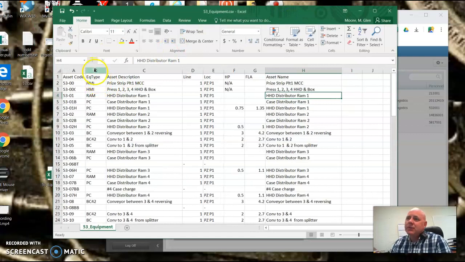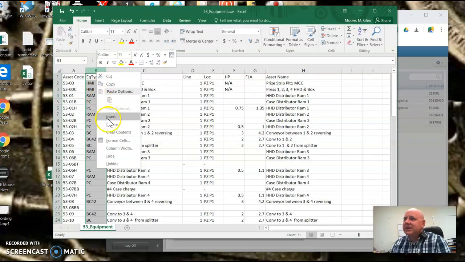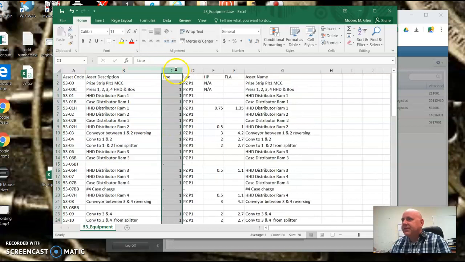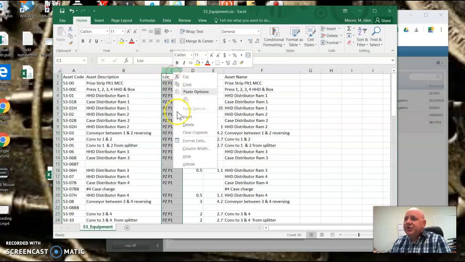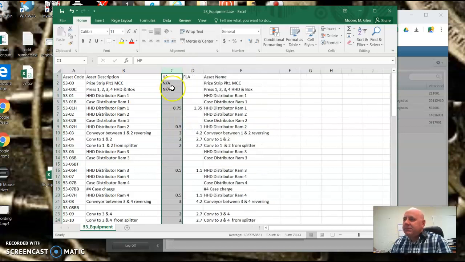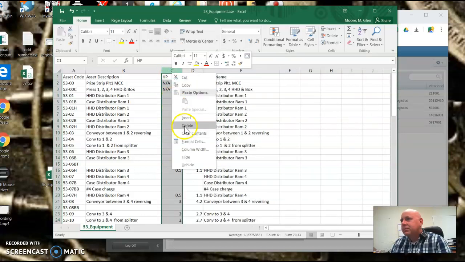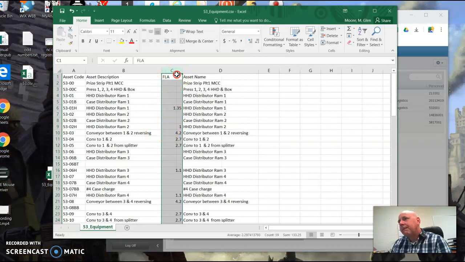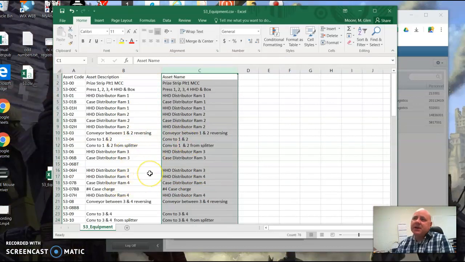Equipment type is not going to be on there, so I'm just going to go ahead and delete that. The line that it's on, that's not going to work anyway. I'm going to delete that. Location, you can use that, but I'm not. Delete. Okay, so this is basically all that I need right now. The name of the equipment and the asset number. So now I'm going to save this,